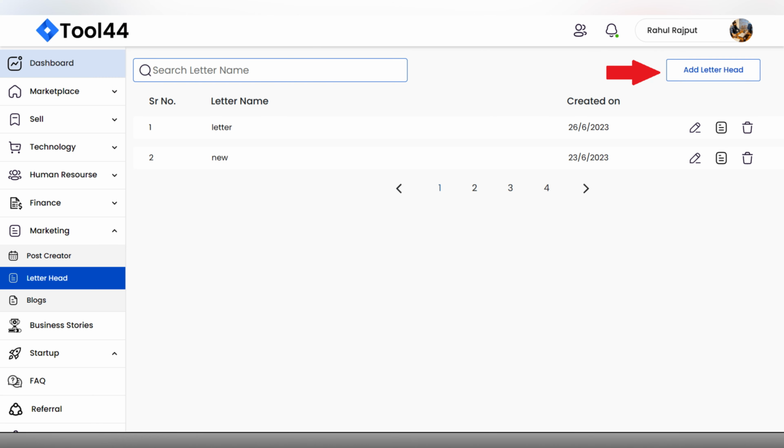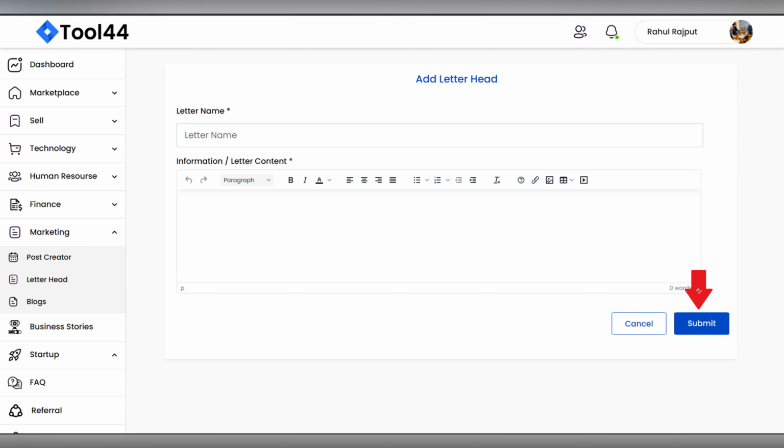4. On the Letterhead page, you will see a button labeled Add Letterhead in the top right corner. Click on this button to create a new letterhead. 5. A form will appear where you can enter the name of your letterhead and the content you want to include. Ensure that the content covers all the necessary data, alignment, spacing, images, fonts, and any other elements you require